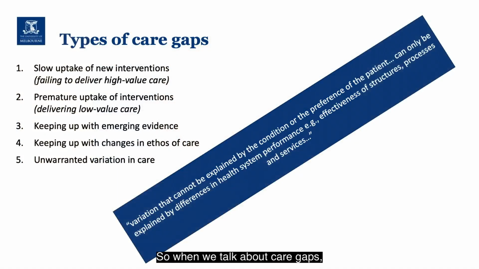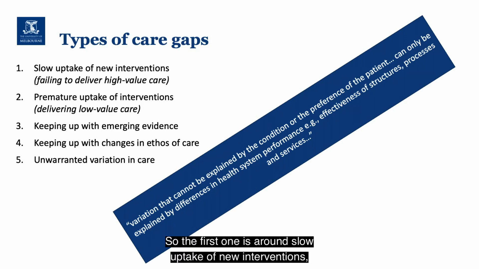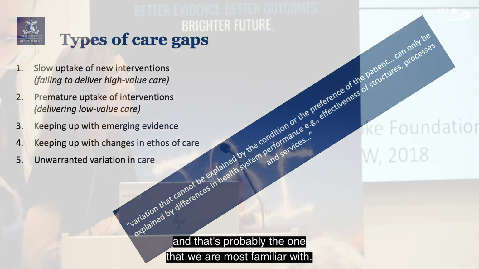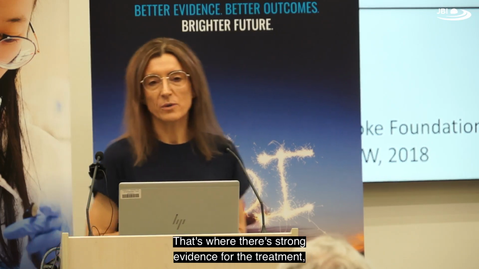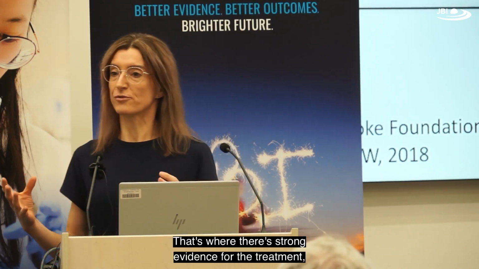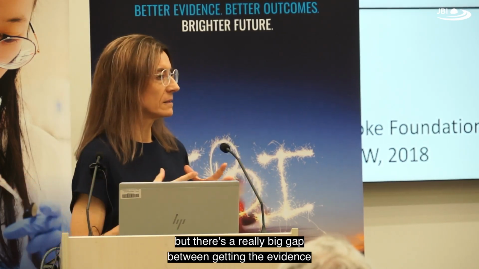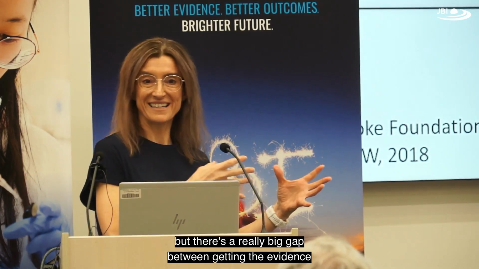So when we talk about care gaps, there's at least 5 that have been identified in the literature. I'm sure that there are more, but this is just really what's the latest in what's published on the topic. So the first one is around slow uptake of new interventions. And that's probably the one that we're most familiar with. That's where there's strong evidence for the treatment, but there's a really big gap between getting the evidence and implementing